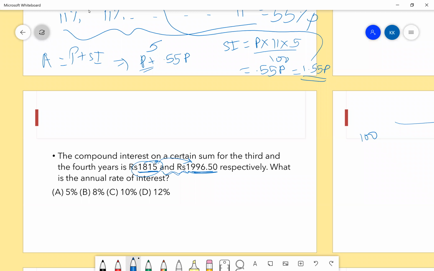So what you can take is, this is your amount, this is your principal, and you have to find the rate of interest for just 1 year. Now please solve it and give me the answer. Consider this as amount, consider this as principal, and find the rate of interest for 1 year. Please solve it quickly, 30 seconds. Going forward, I need this concept to be clear for everybody.